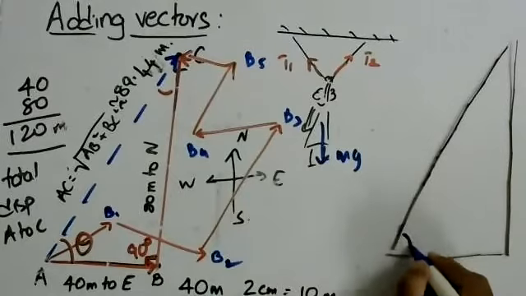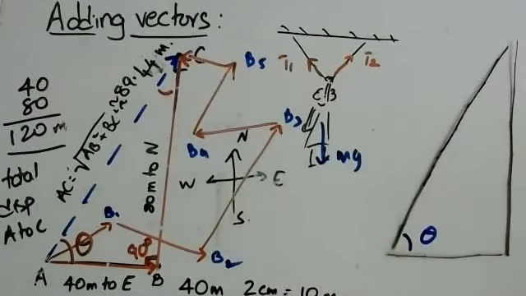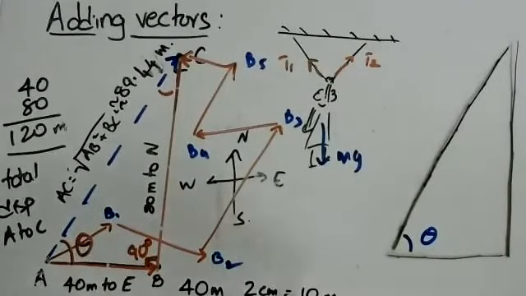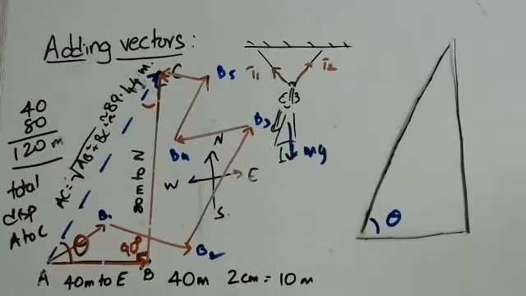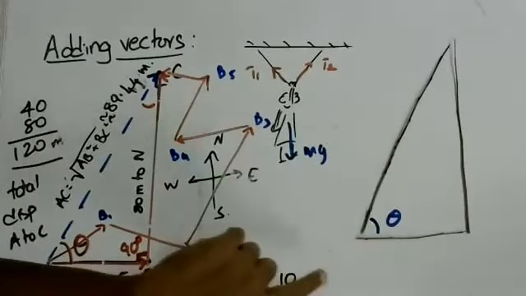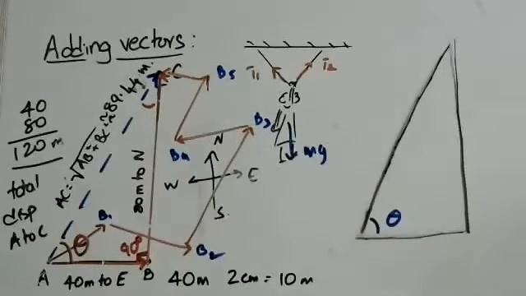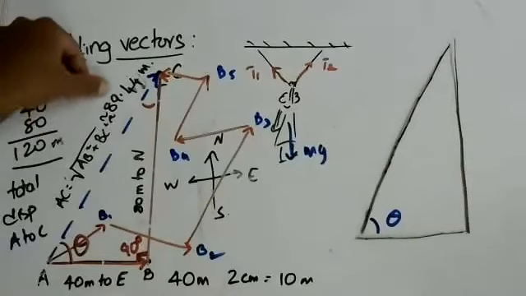The theta can be measured using your protractor, and not only that, if you measure the length from here to here, you will get the same 89 point. So when you actually do the diagram on your graph sheet, and I suggest you try this out for this particular scenario, you will find that this length, when you multiply it with the scale, will give you approximately 89 or 90 meters as the length.